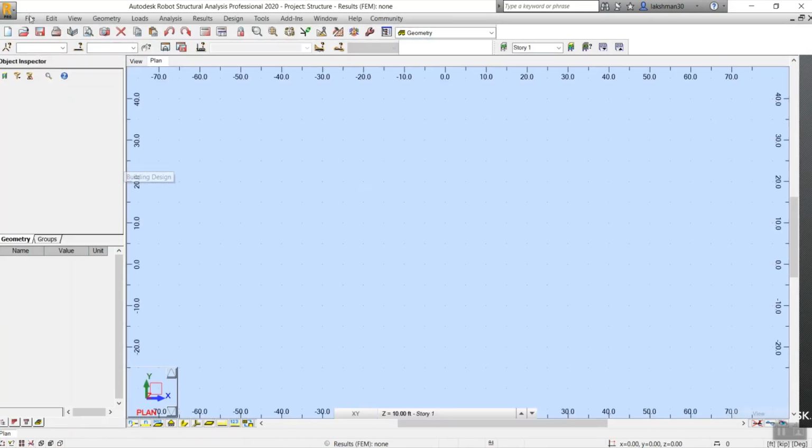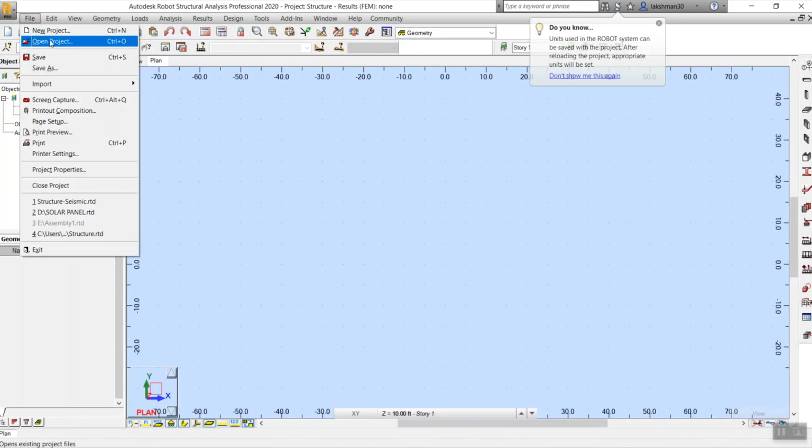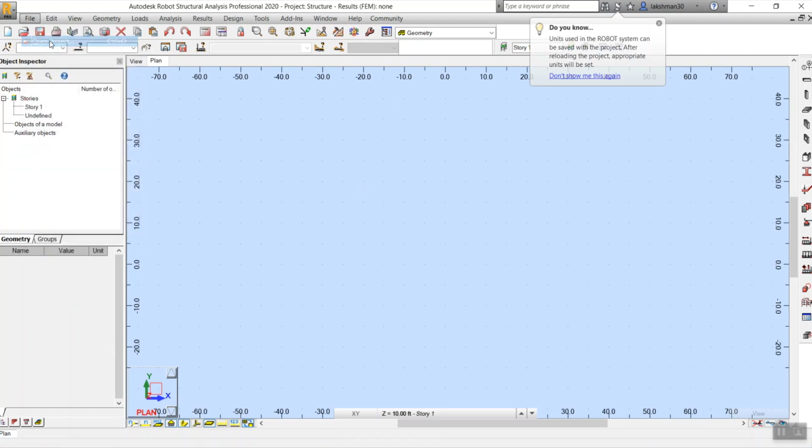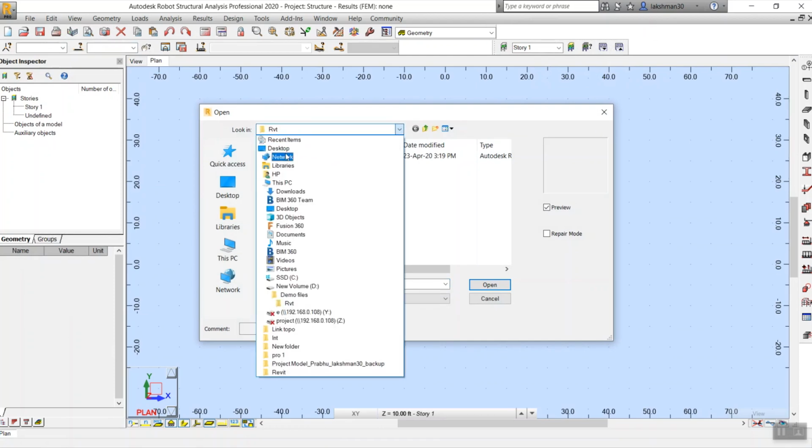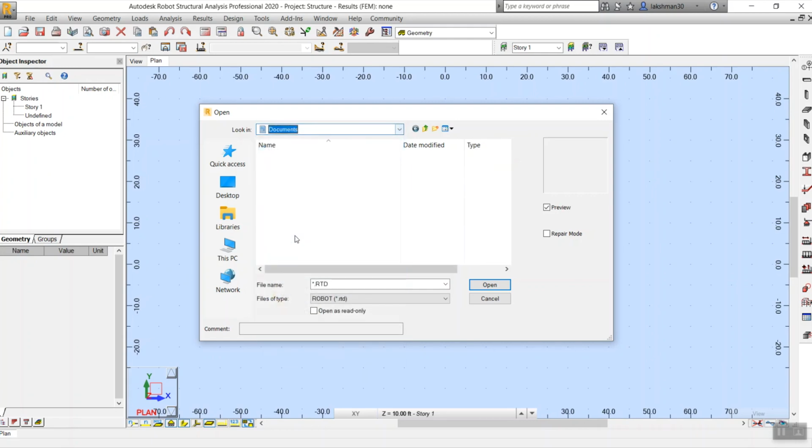You can give open project, move to documents. Where is the documents? Yes, it's here.